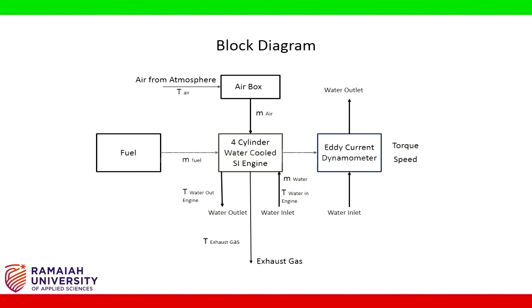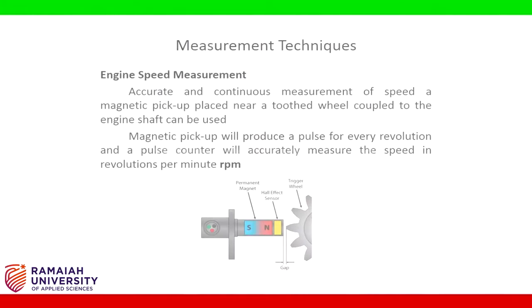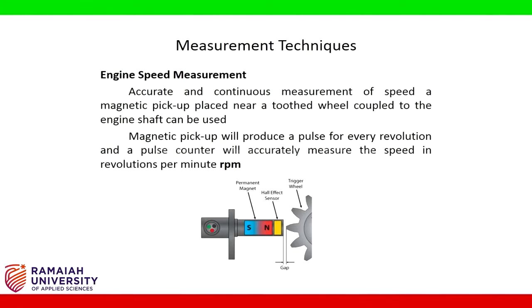The block diagram shown represents simple layout of multi-cylinder SI engine test rig. Measurement techniques. Fuel flow measurement. Measuring volume flow and then correcting it for specific gravity variations is quite inconvenient and inherently limited in accuracy. Instead, if the weight of the fuel consumed is directly measured, a great improvement in accuracy and cost can be obtained. Engine speed measurement. Accurate and continuous measurement of speed, a magnetic pickup placed near a toothed wheel coupled to